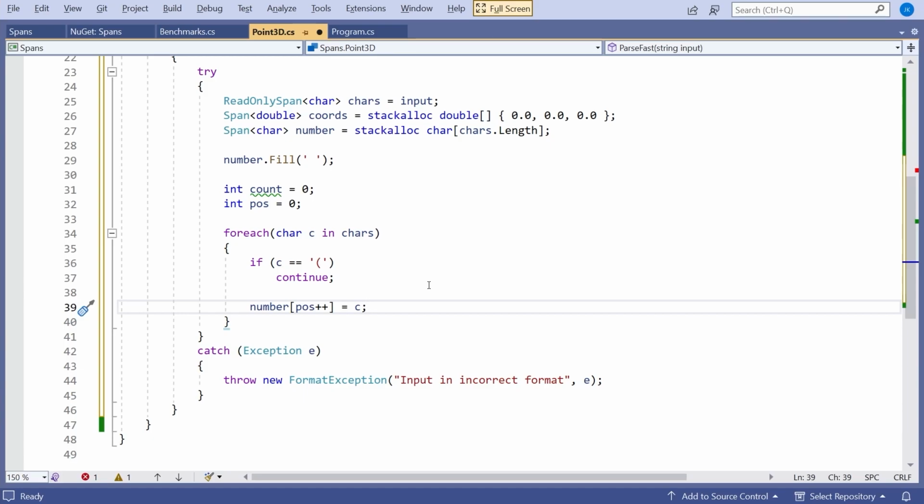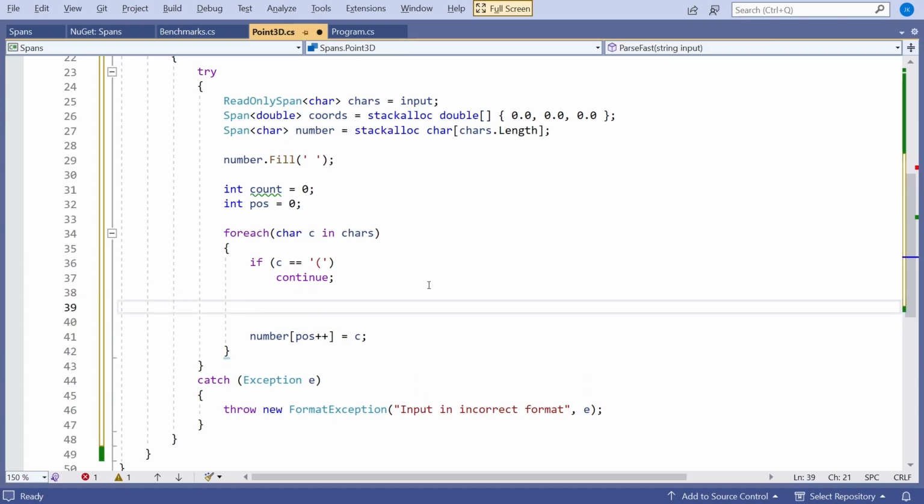Next thing though we need to do is what happens when we come to the end of the number and we want to move on to the next number from x to y and y to z. Well, we know we've come to the end of the number because either we're going to hit a comma, so if c equals comma, or if we hit the end close bracket, so that's going to mark the end of the z.